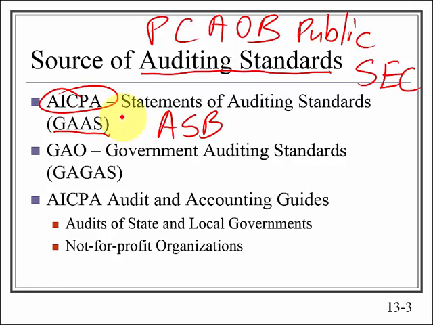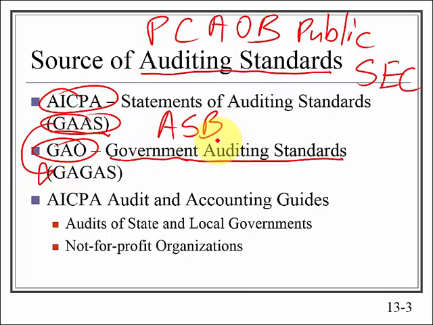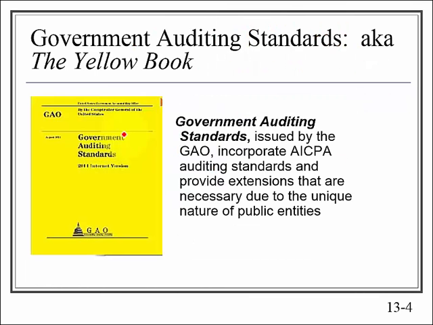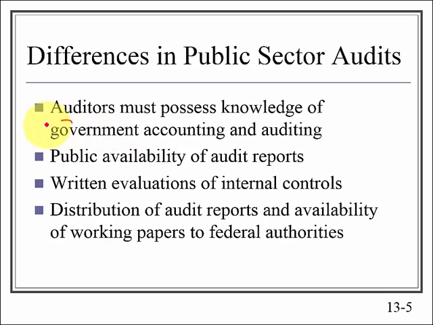But we're not a business here in our 414 class. We're governments. We need to follow government auditing standards. That's under the guidance of the GAO. So the GAO adopts this GAS created by the Accounting Standards Board and adds a few more rules on top of that, which includes that the auditor has to be knowledgeable in governmental accounting. You know, all that stuff we're learning this semester.